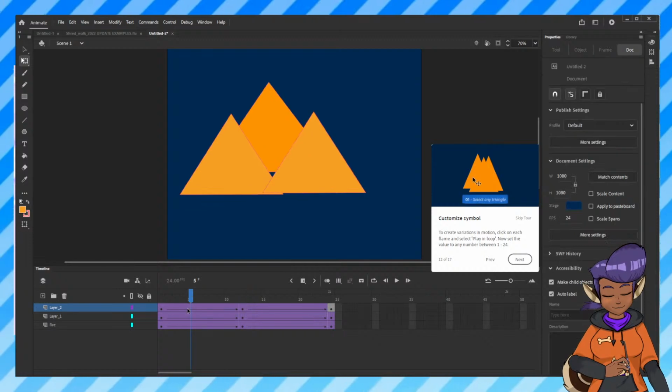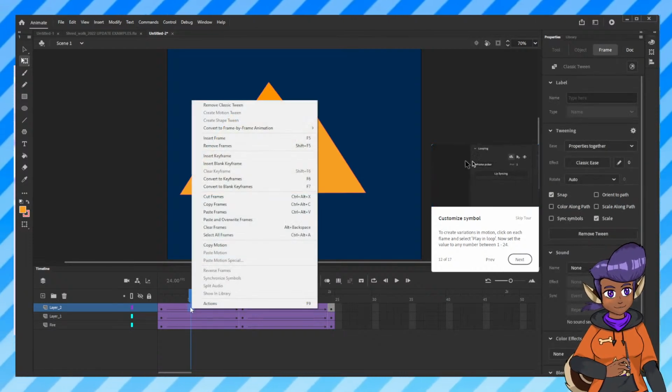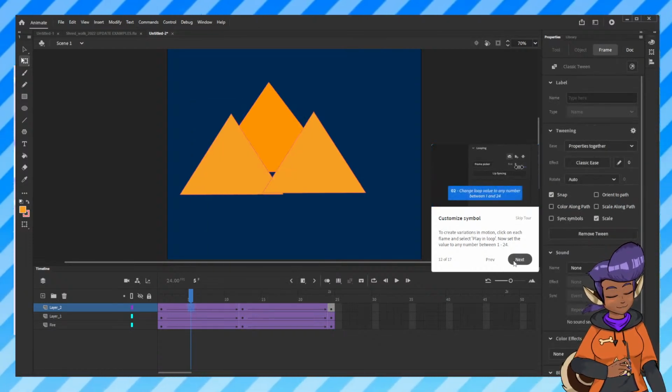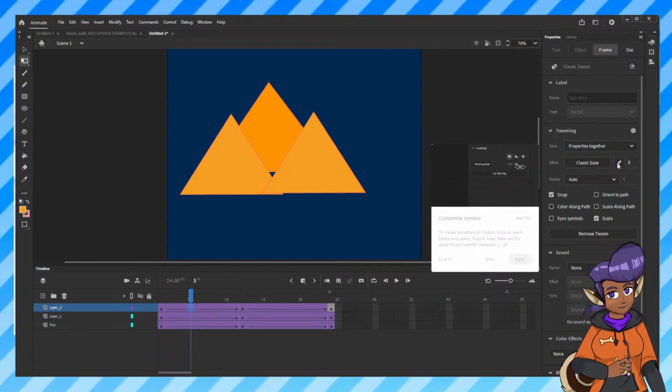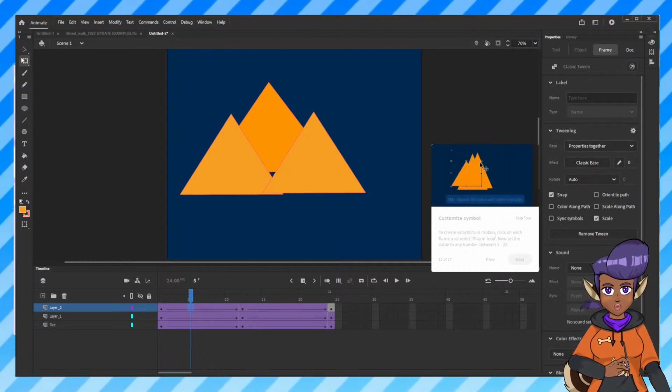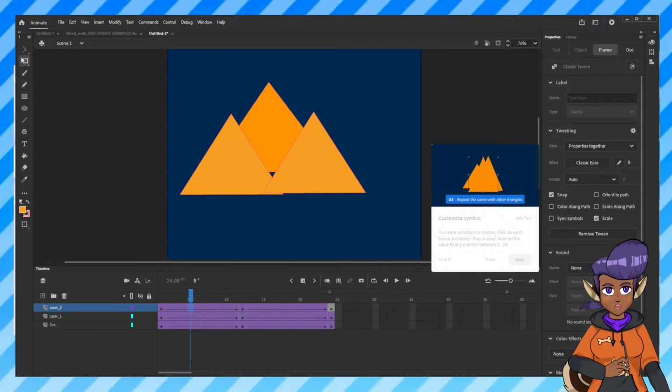I'm going to do what I remember to do, because these directions are stupid. I'm going to move the animation around. I'm going to ease this in, because flames are